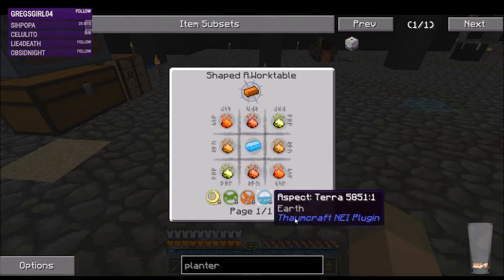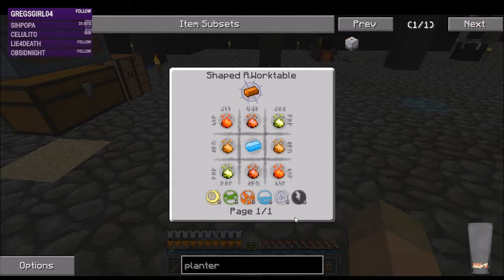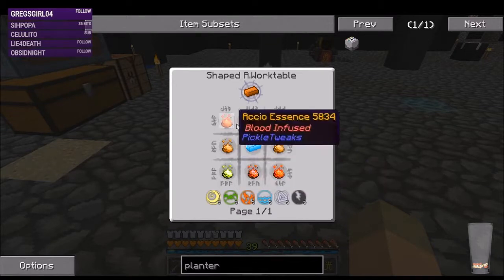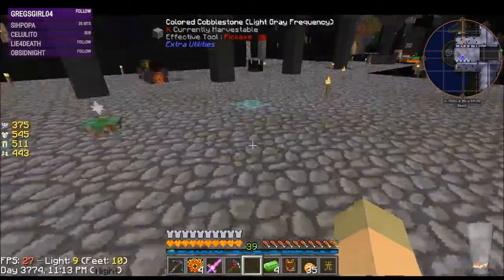Accio Ingots. How do you make those again? Oh, yuckies. I want to automate all of these things. So many things. Alright, so we need 16 Accio Essence, and then we're going to need to do stuff with them. And I don't think I have